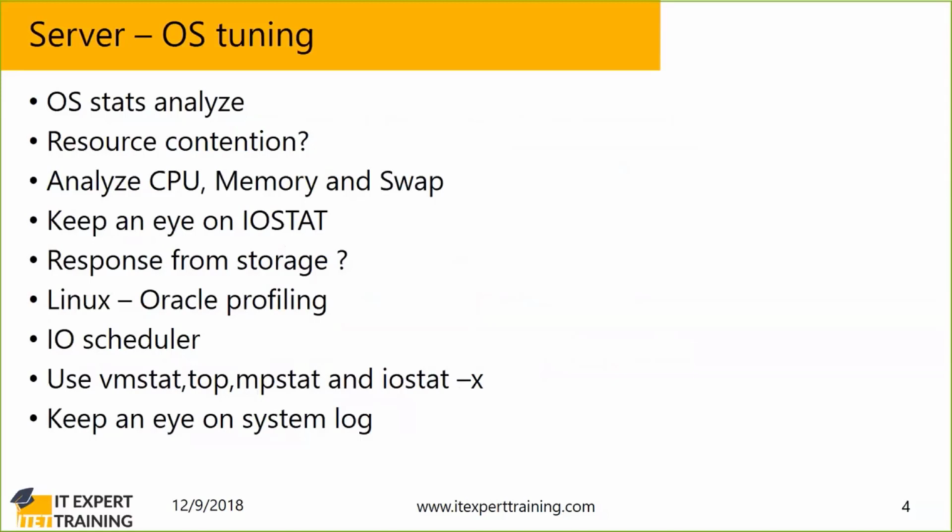So when there is an issue, log into the database server and check what's exactly going on. How are the OS stats? But some application teams are really clever, and they just log into the tool. What we have is the OEM tool, the Oracle Enterprise Manager tool. They log into the database and monitor what is going on, and they tell us exactly what the issue is, which is handy for us instead of wasting time going from the base OS tuning.